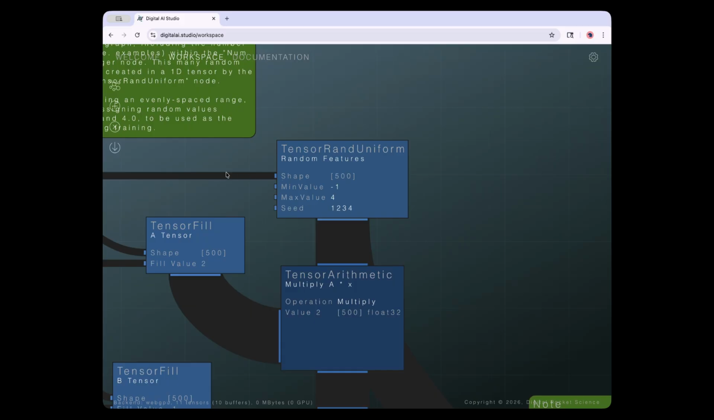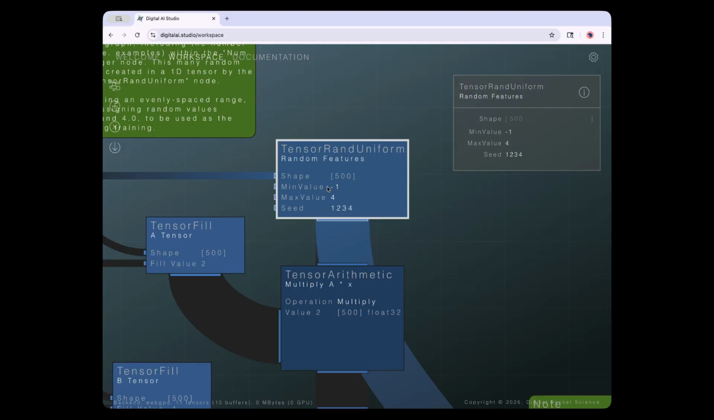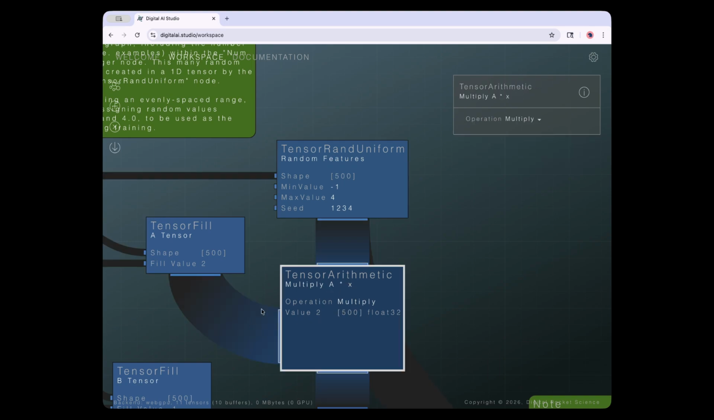So anyway, those are nodes. Data is going to come into the inputs or internal data. Nodes have attributes. Attributes are like parameters or variables associated with each node, and each node has a type. Here we see three types: tensor fill, tensor rand uniform, tensor arithmetic. They each have a type and a name, or label,